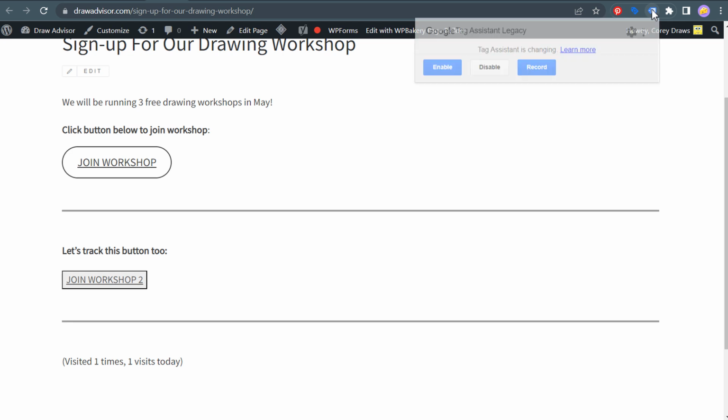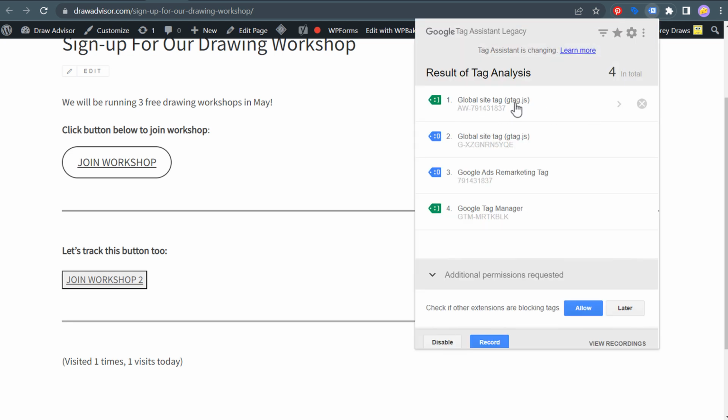And what you'll see over here is we have our global site tag, which I added. That's directly from Google Ads. We have our global site tag. This is from Google Analytics. So obviously you don't need both of these, but I'm just going to be showing different ways to track conversions for basically any advertiser who's struggling with conversion tracking, because it's such an important part of your Google Ads campaigns. But we have our global site tag here. This is from Google Analytics. And then we have Google Tag Manager installed as well. So just to make sure you have all of your tags on your website,